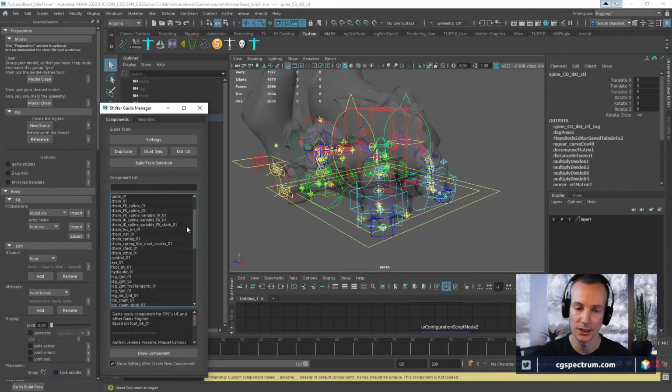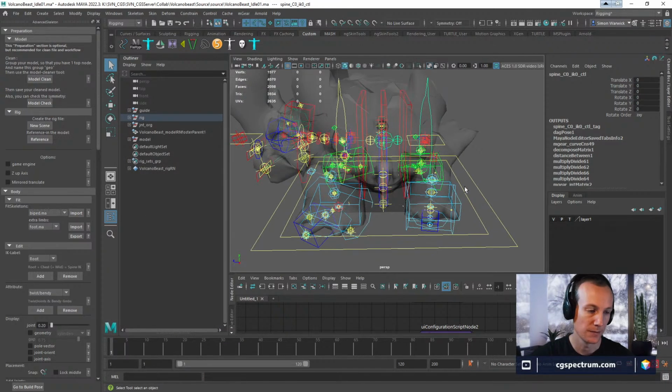If your character is like an octopus and you have to do tons of legs with complicated things, once you get a sense of how these features work, you just keep adding them and flopping them together, and then it builds all the controls for you. So it's kind of neat that way. Yeah.